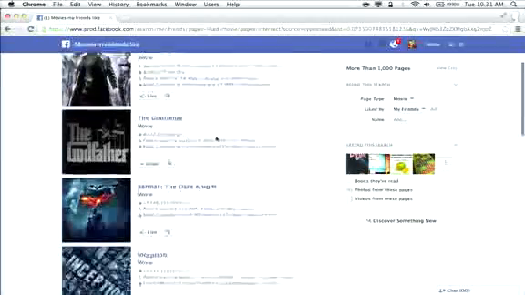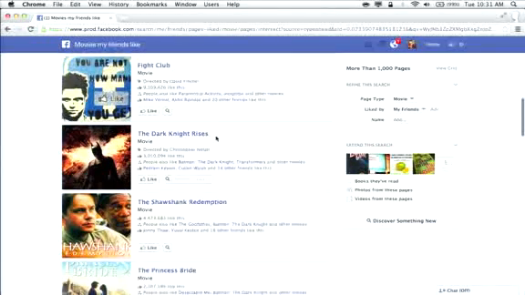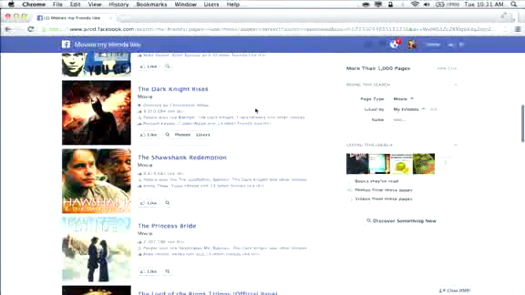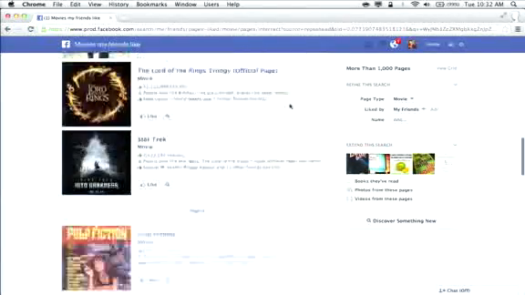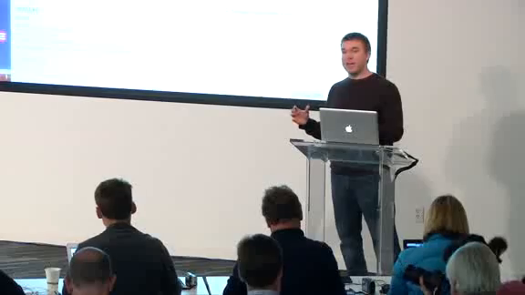But now I'm seeing all the movies that my friends have liked. And again, just like before, you can find out a little bit more about the things in the set. So here in The Dark Knight Rises, it says people also like. So people who have liked The Dark Knight Rises also like Batman, The Dark Knight, Transformers, and other movies. And I could click that to see what the movies liked by people who like The Dark Knight Rises are. But also, for someone like me who just spends hours blankly staring at my Netflix queue, this is the solution to that. I can now come here and see all these great movies through the lens of my friends and find something that I haven't seen before and then add it to the queue.